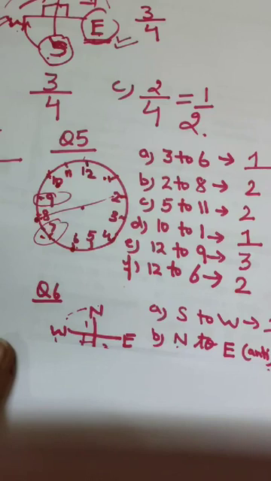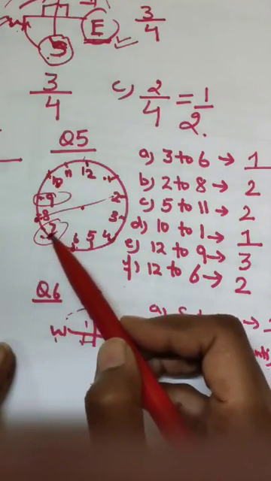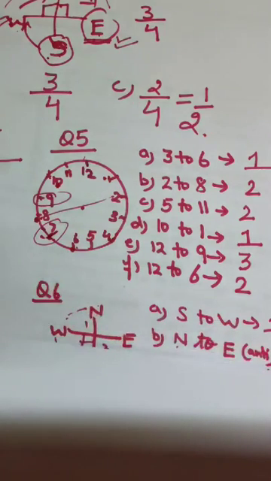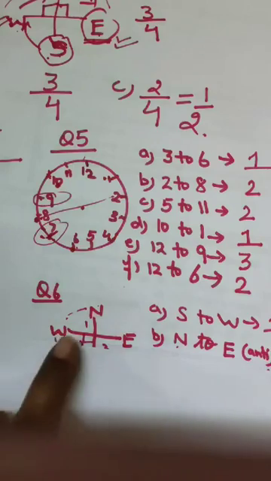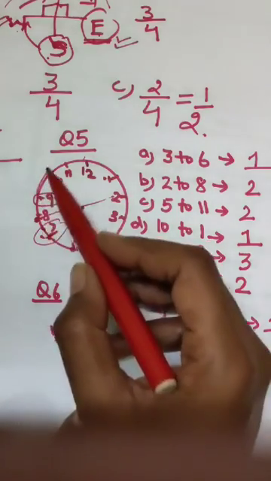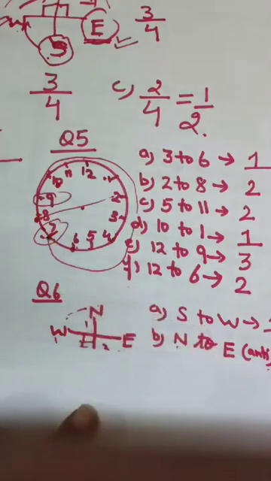D part, it starts from 7 and turns through 2 straight angles. Now right angles are not given, it is given straight angles. One straight angle means 180 degrees, and 2 straight angles means 2 times 180 degrees. 180 plus 180 is 360 degrees, and 360 degrees is a complete revolution. That means it will start from 7 and it will stop also at 7.